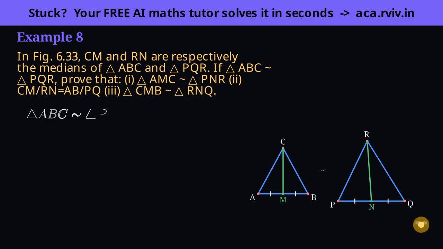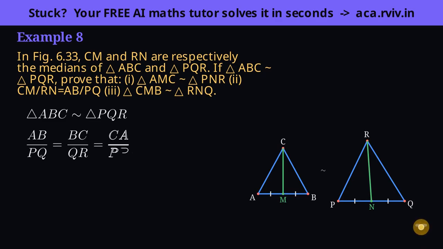Similarity means two things at once. All pairs of sides share one common ratio, and all pairs of matching angles are equal. We'll draw on both, so let's list them out. First, the sides. From the similarity, AB over PQ equals BC over QR equals CA over RP, one common ratio linking every pair. Call this whole chain equation 1. It's the master proportion we'll keep returning to.